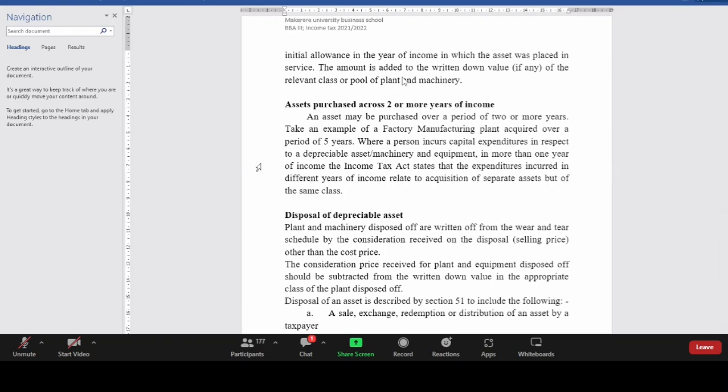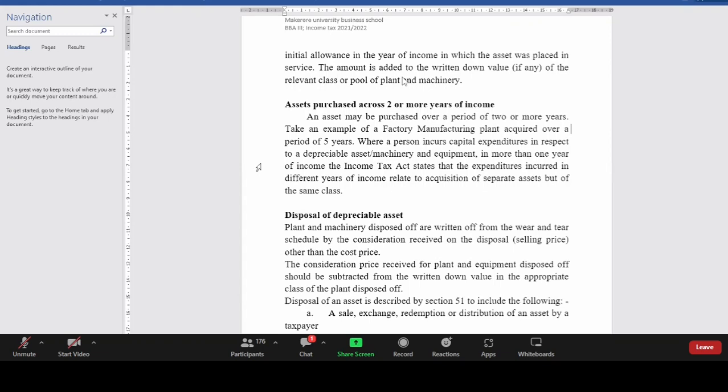If you are developing a machine, or you are constructing a building, it can be any plant and machinery. But if the construction is going to take 2, 3, 4 years, it implies you can't have that cost in 1 year. The cost exceeds 1 year. So what does that say? This act says it is spread. That cost you have incurred, in that 1 year, you will determine what relates to that year. In the next year, you also determine what you incurred in that year. So the one for this year will be a cost added